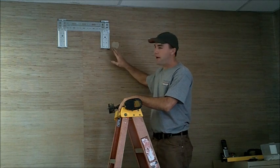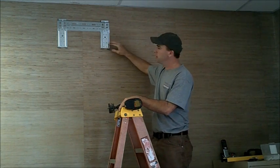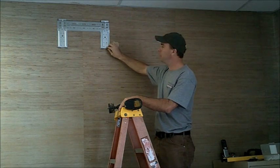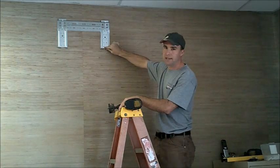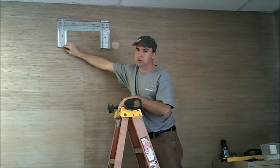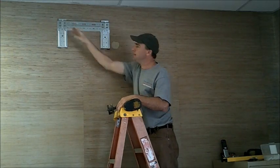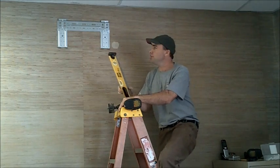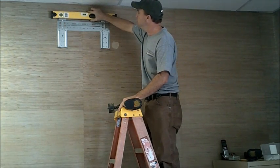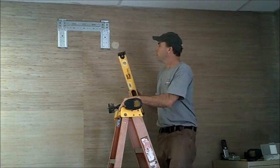Okay, now we have our bracket installed. We've got anchors behind all points. The biggest part that we need to make sure is good and secure is our bottom latch. We want to make sure we got some screws down in our bottom so it's good, secure, and snug. And then our top latches, we want to make sure that's very good and tight at the top. And then of course, check and recheck all installations to make sure it's perfectly level. Once the bracket is there,